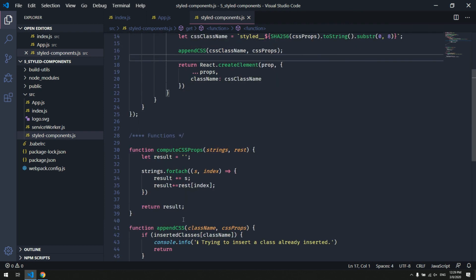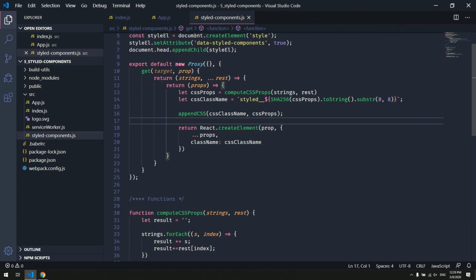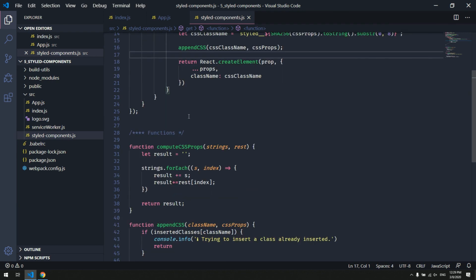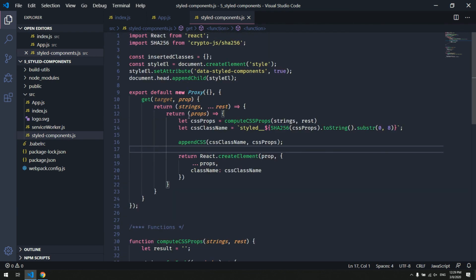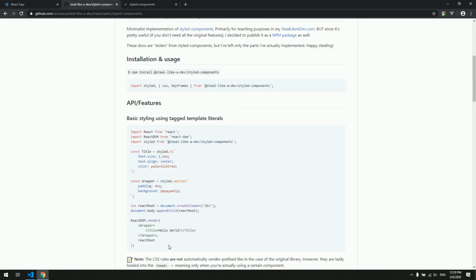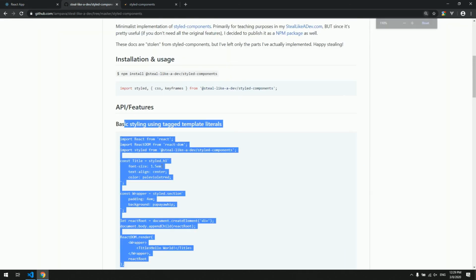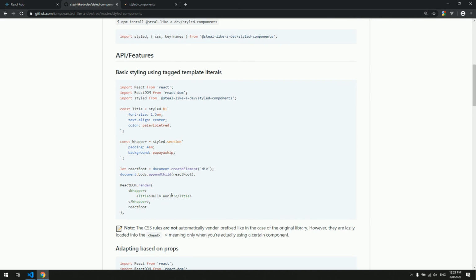Now, this is great so far. So yeah, I think I'm going to stop the video here. And now what we have basically is this first example on the GitHub of the StealLikeADev. So I'm going to stop this video right here, and in the next one we're going to have our